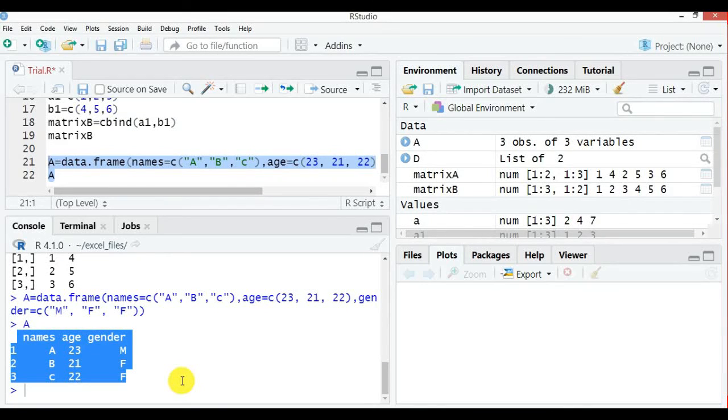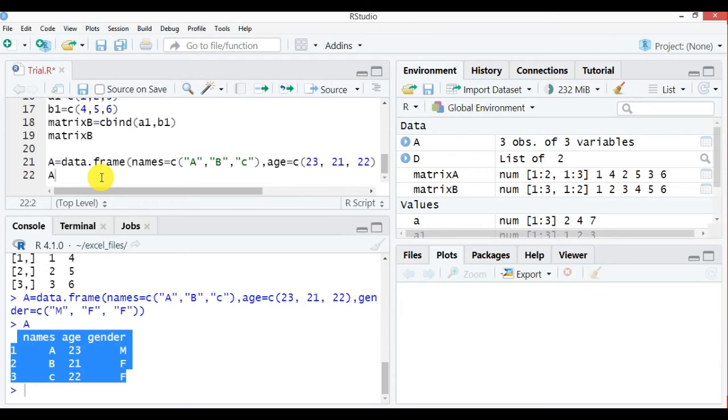So R is able to identify that this data frame is storing values of different types. Hope you all understood these concepts. If you have name separate, age separate and gender separate, you can use the same concept of rbind and cbind also in order to put them together.